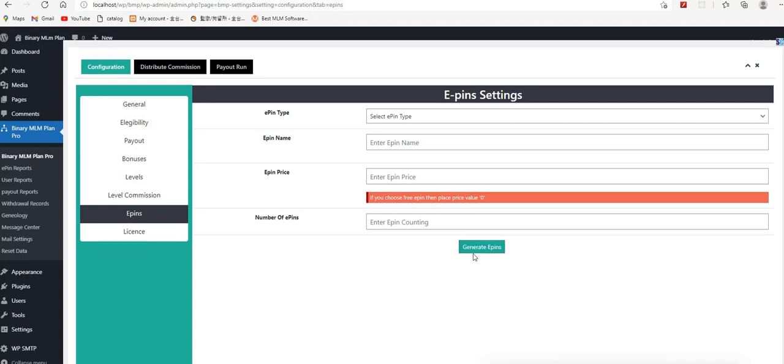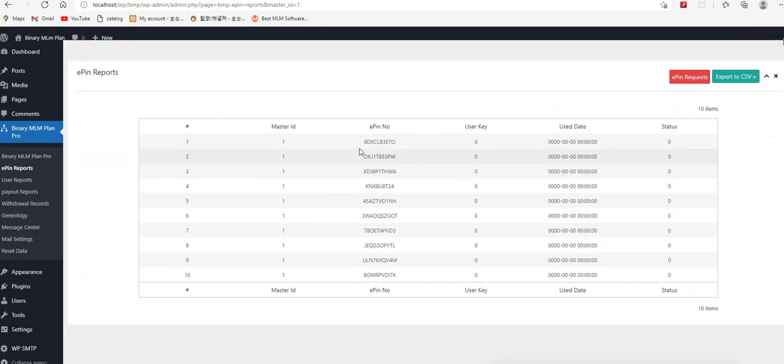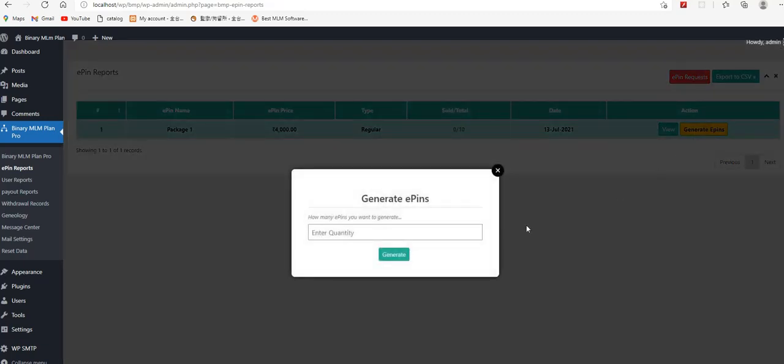As I click here and go to the EPIN reports, you will see package one is there, the EPIN price is there, the type is there, and sold EPIN. It means that 10 EPINs have already been created. These EPINs have not been used yet. From here, you can also generate some more EPINs.